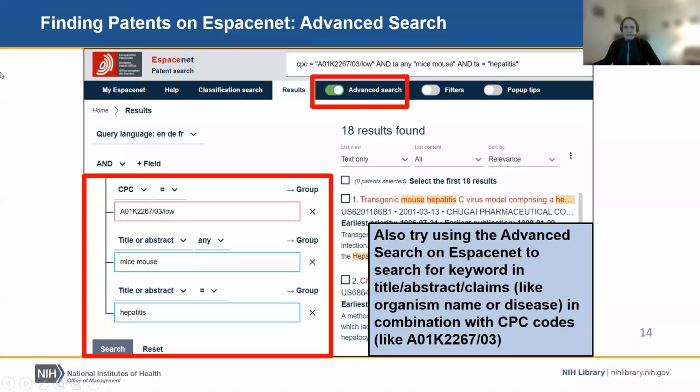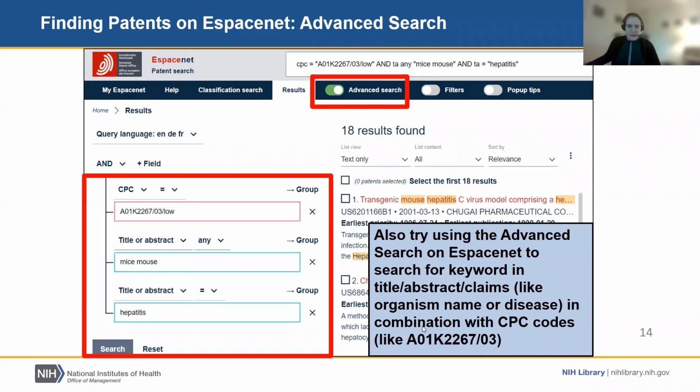So just now I'm going to launch a quick poll. All right, so what database tools can be used to find more targeted results related to animal models? And just select all that apply.